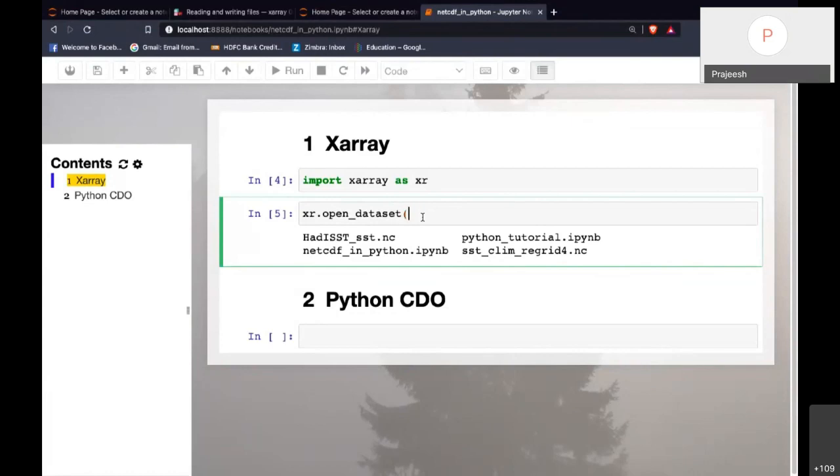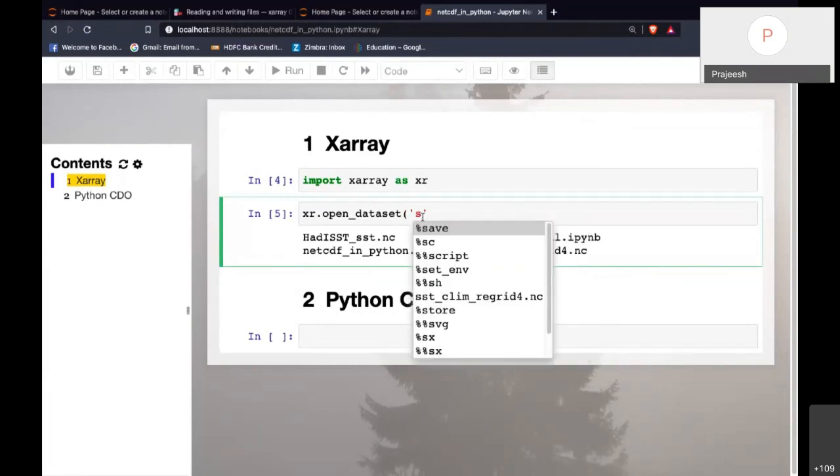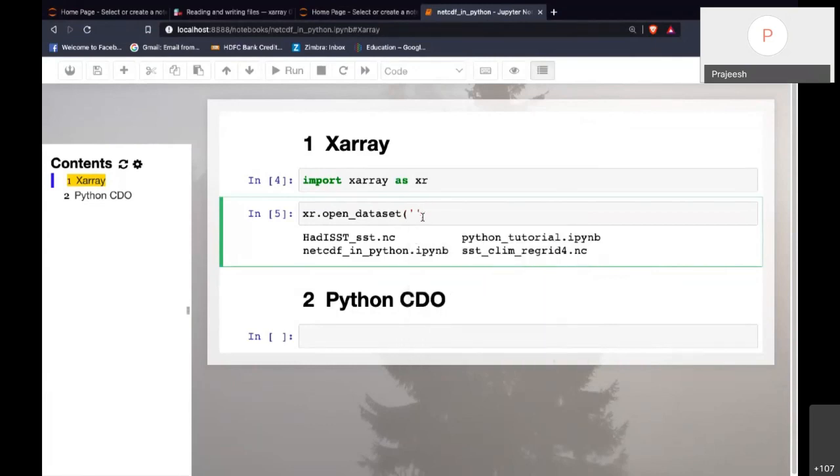If you give the file name, it will open a data set, but then you have to get the return value of that, which will be a data set object, into some variable. So I'm giving ds equal to xr.open_dataset and the data file name.